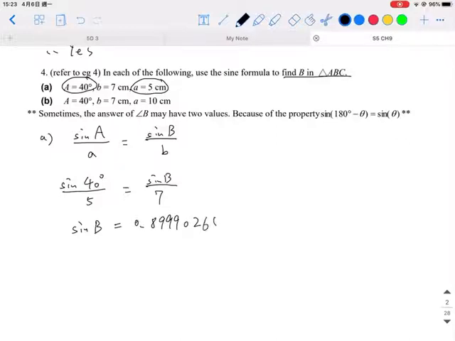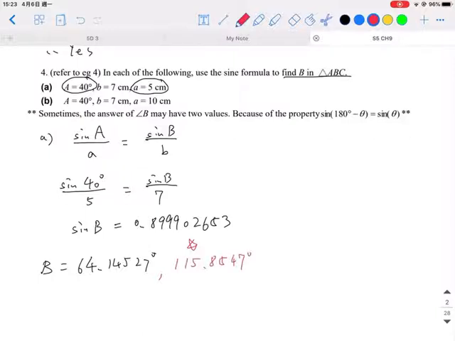It is better for you to save the numbers. And then we can get B is equal to 64.1452 degrees. And we have another value, okay, you pay attention to it, as we know that another value should be